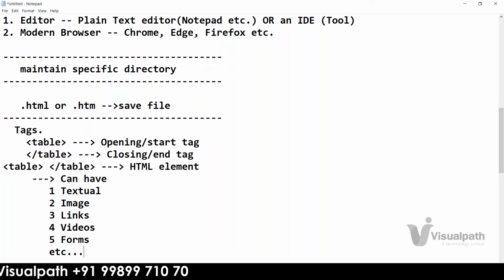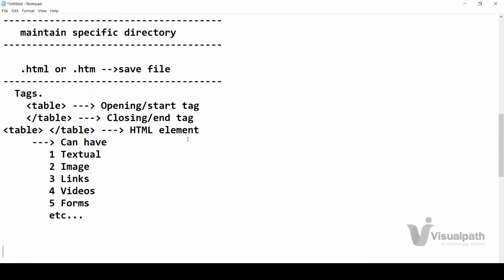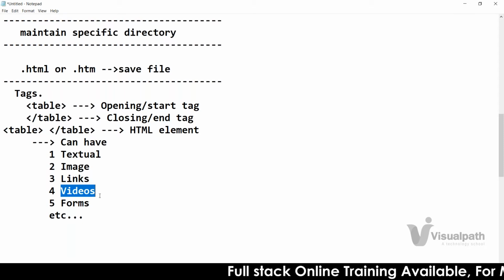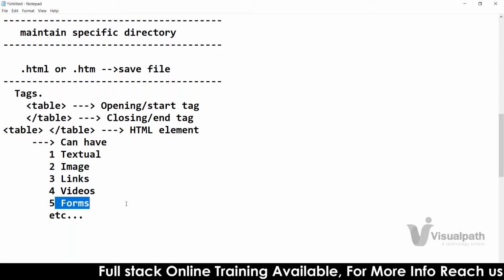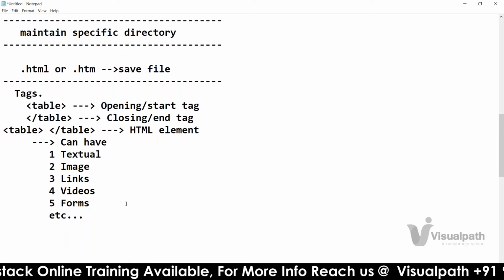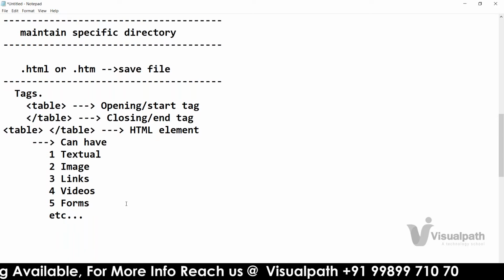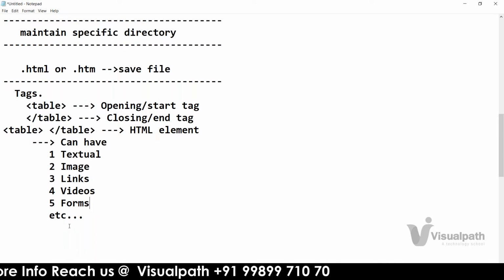So what we will be learning in the HTML part of our course is how to add the textual data, how to add the image related data, how to add the links, how to add the videos, all the things. I did not mention a few things, still all those things we will be learning. Got it?